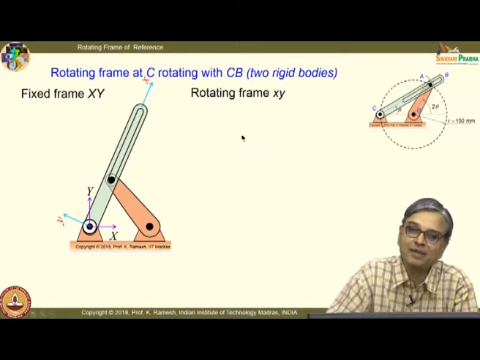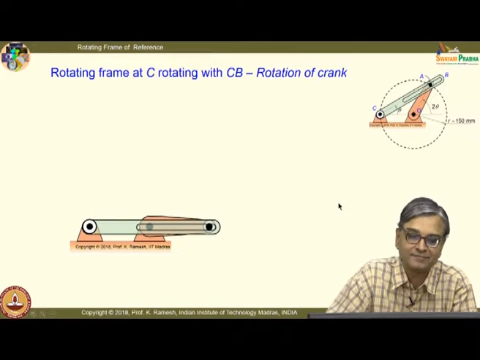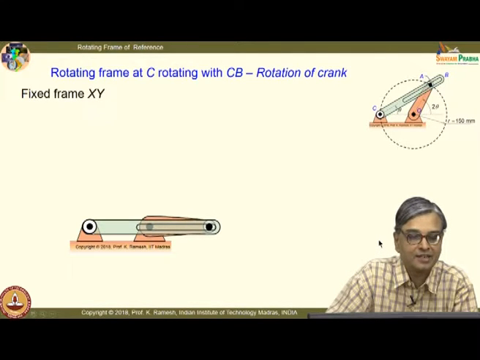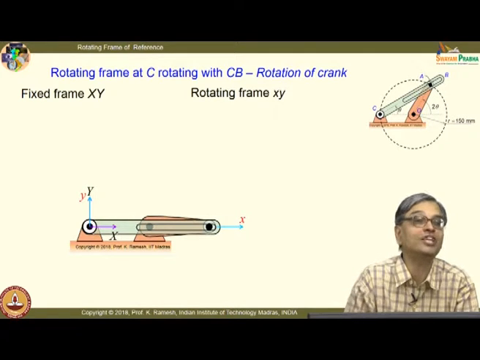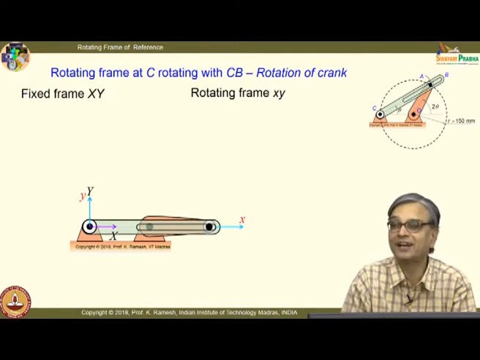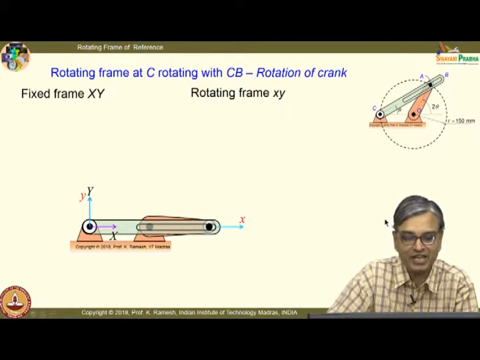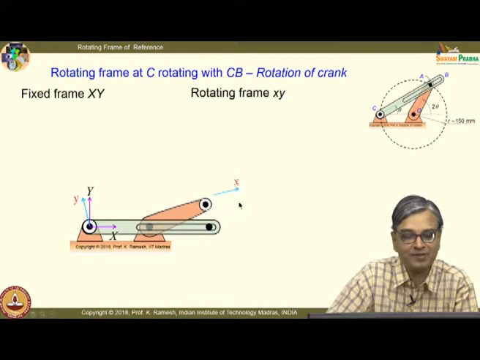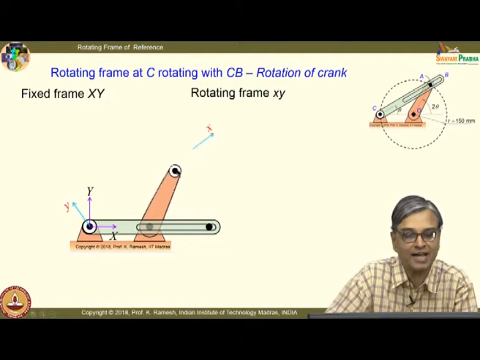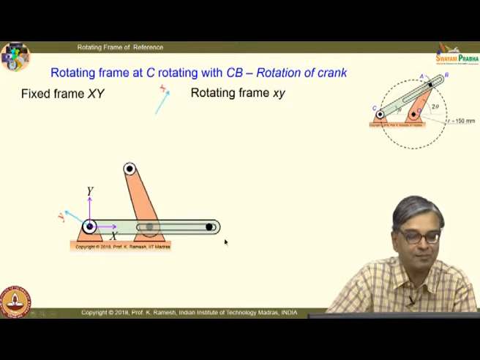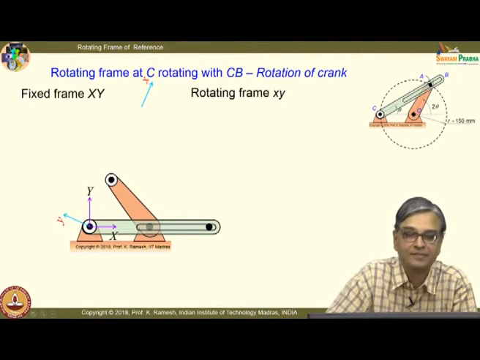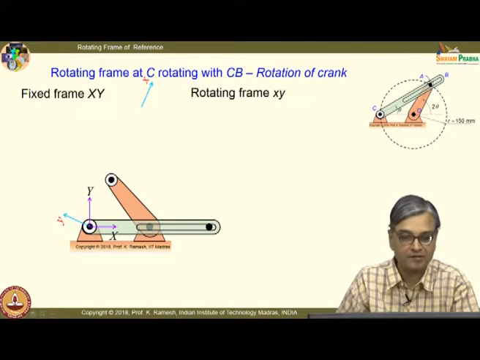Now, let us look at the same animation from a different perspective. I am going to look at the rotation of a crank. I put the fixed frame. This is a luxury you enjoy because of multimedia type of development of the course. Otherwise, it is impossible to show any one of these variations. And now, I am having this rotating frame moving like this, and I am just having the crank rotating. I am not rotating any other member. You can see it again.